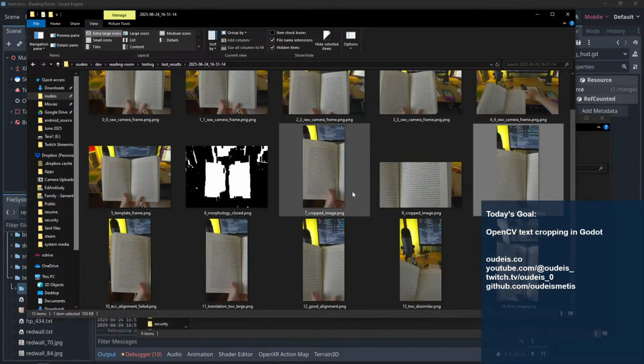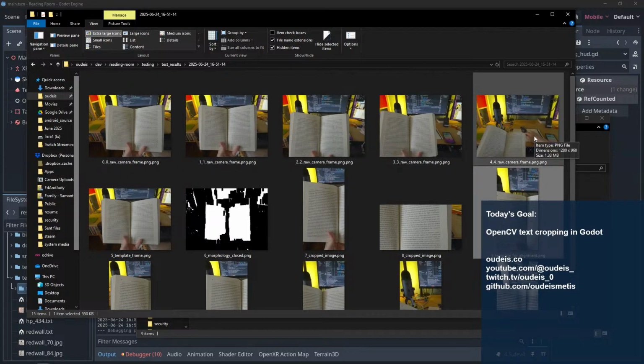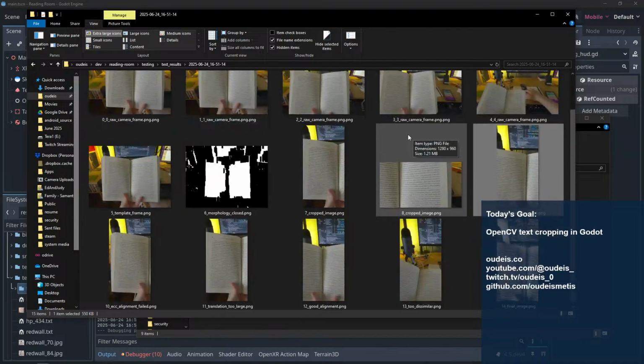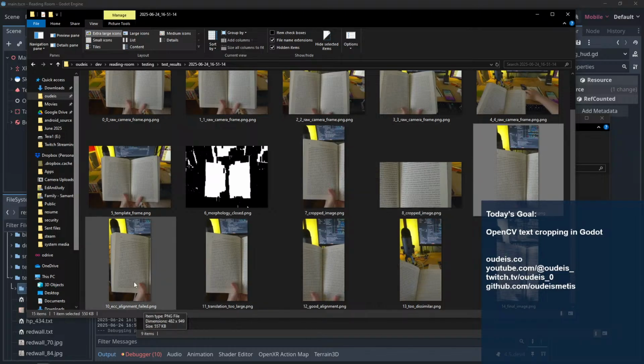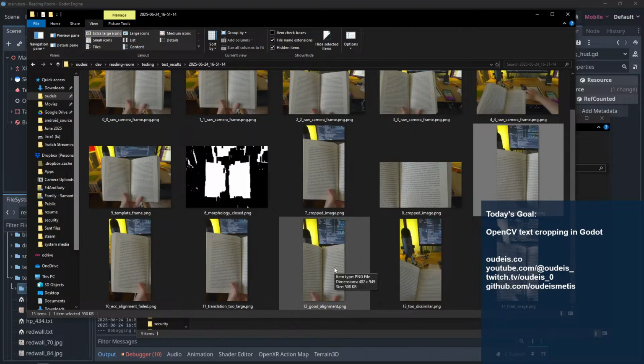And then when we try to align these frames, what's supposed to be happening is we're taking this frame and saying these should all align to it. And if they don't align well enough, we should be throwing them away. And that would be a good thing, right? If this image is too far away from this image, throw it away. We don't want it. When we throw it away, it's with different errors, and that's what the names of these files are. So this one said it's throwing it away because ECC alignment failed. Okay, fair enough. This one said translation too large. Okay. This one said good alignment,